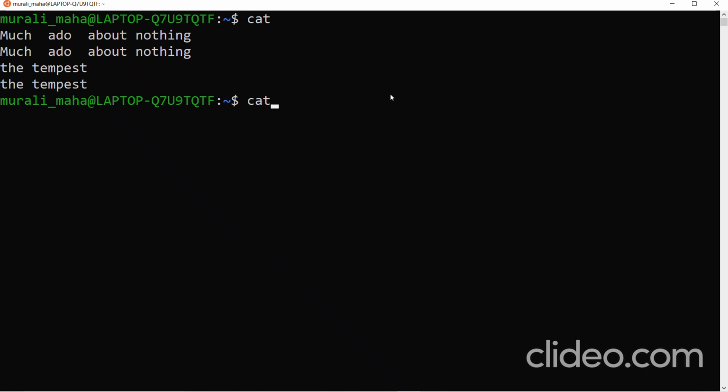Now cat has got an option called the -s option. The -s option suppresses or squeezes the consecutive multiple occurrences of blank lines, that is, consecutive multiple blank lines, to a single line.